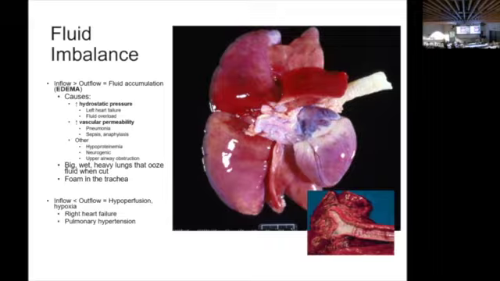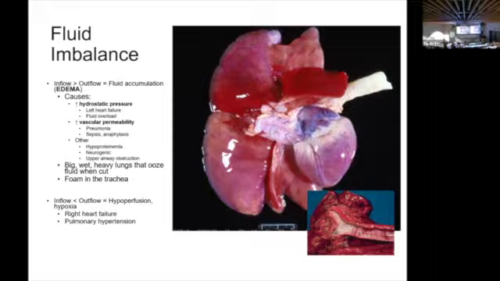Another thing, a lesion or a body, you guys should always approach it like a crime scene. You have a suspect, but then you always want to look for evidence to confirm if you got the right suspect. So I'm going to talk about confirmatory evidence. So confirmatory evidence that you've got pulmonary edema is foam in the trachea, because the way you get